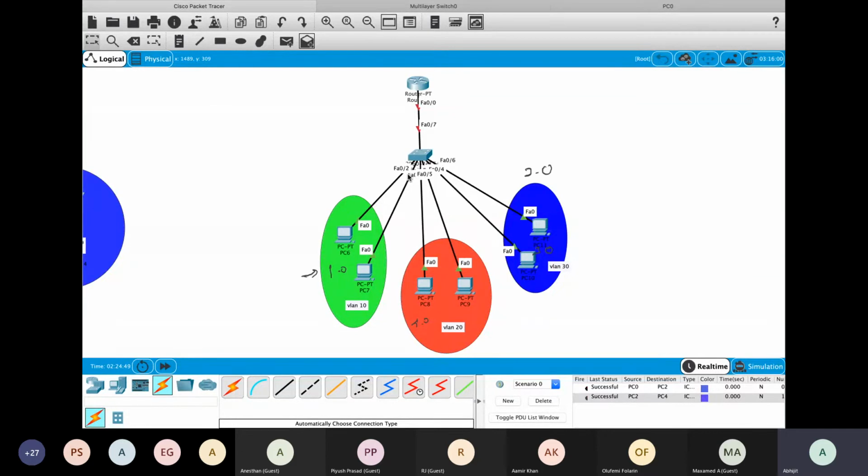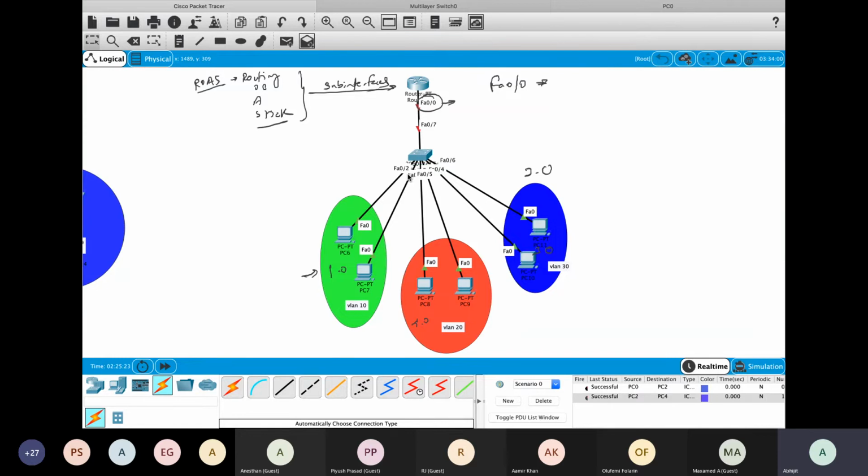So when we talk about ROAS, which actually stands for routing on a stick, this is what ROAS means, routing on a stick. And when we implement routing on a stick, we actually need to create sub interfaces on the router. You understand that? So in this particular scenario we have one physical interface, this FA0/0, right? Now on this FA0/0, we are not going to configure any IP, but we're going to create